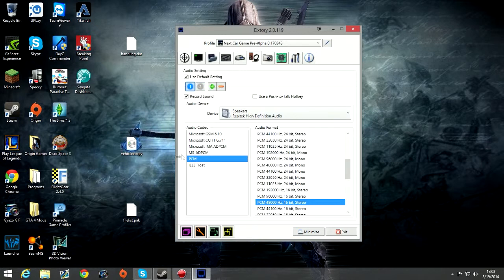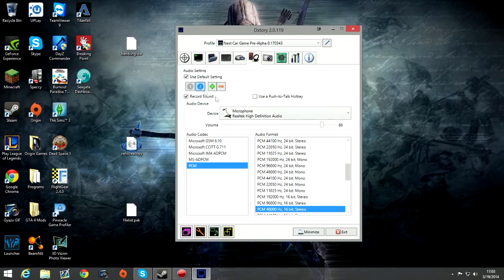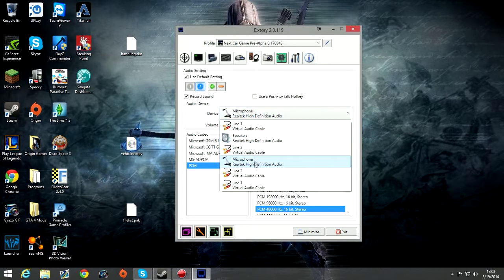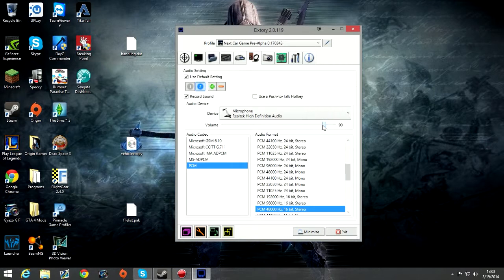And then you can leave all this alone, and then click on number 2, and this is where you're going to want to click your microphone, and you can change the audio around right here. But the microphone, what it is